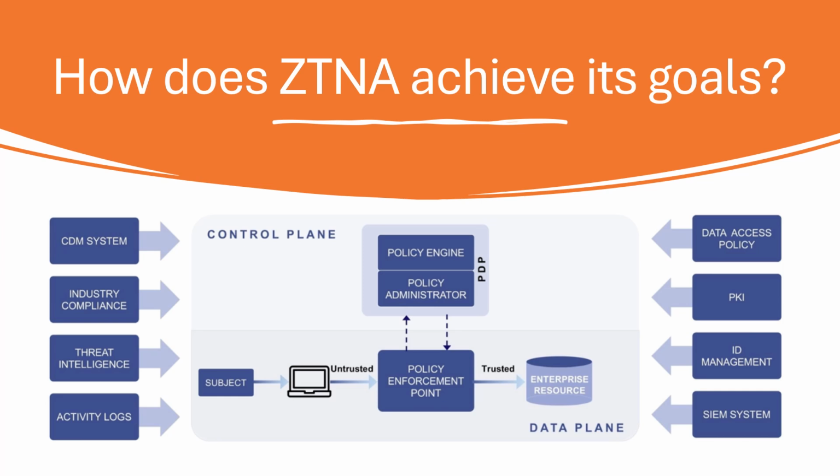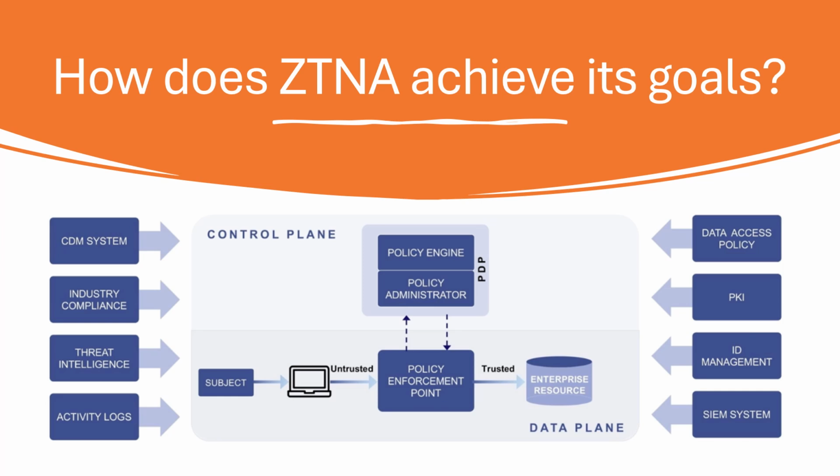Conversely, the data plane is concerned primarily with handling and transmission of data once access permissions have been granted by the control plane. It operates at a lower level, focusing on the efficient and secure transfer of data packets across the network. The data plane implements the decisions made by the control plane, ensuring that data flows between the correct sources and destinations with robust measures in place for encryption and ongoing security.